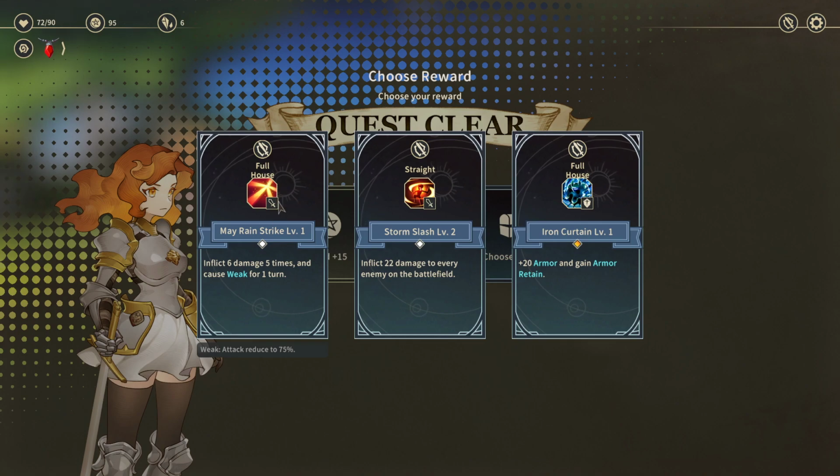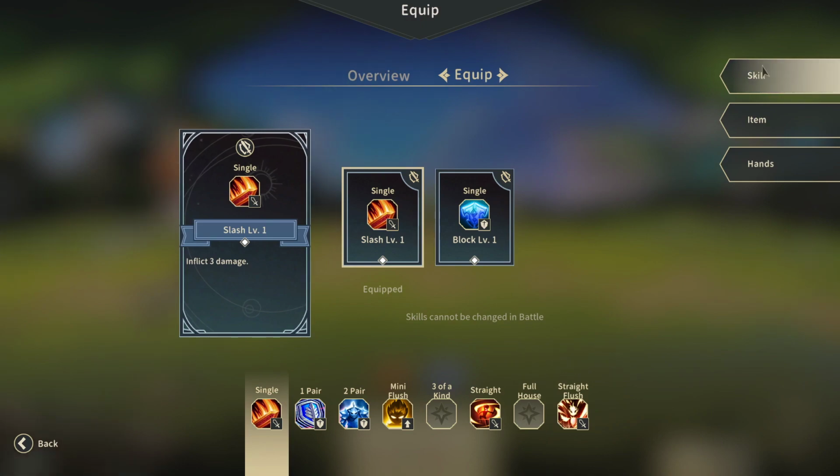Full house, so that's going to be hard to get. Let's take a look. Which ones do we not have even available yet? We need something for 3 of a kind. We need something for full house, so...